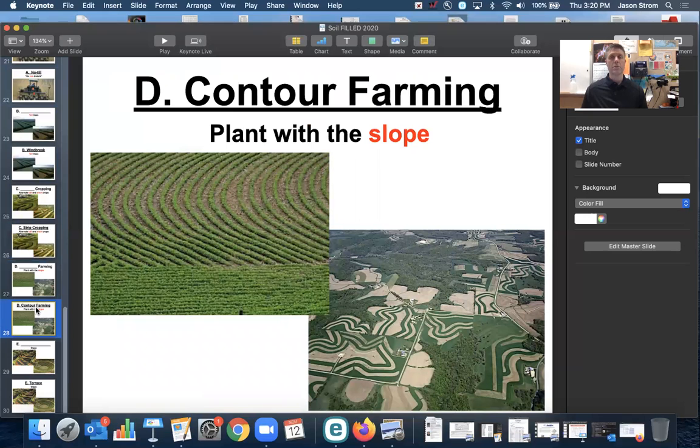We also have contour farming. So with this, planting with the slope. If there's a hill, instead of just plowing over the hill to where water would just run down those channels and actually pick up speed and erode a lot of material,